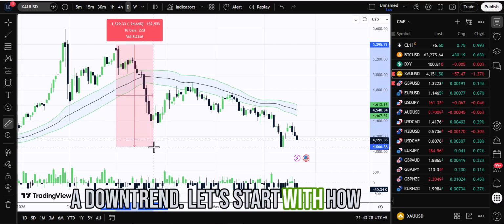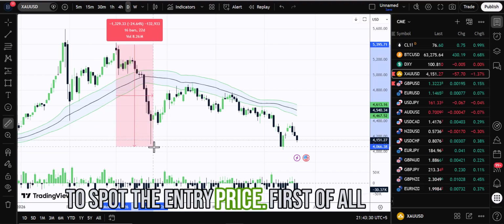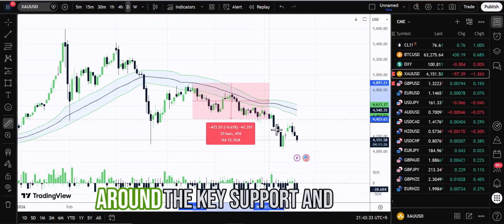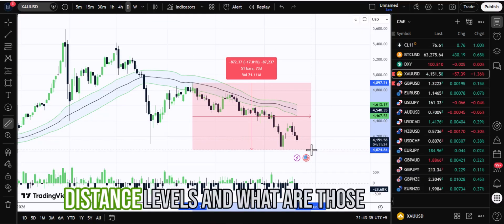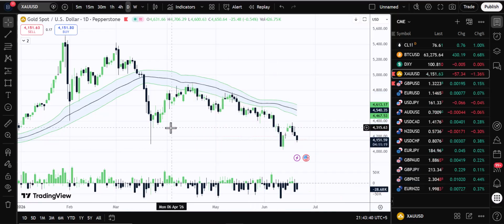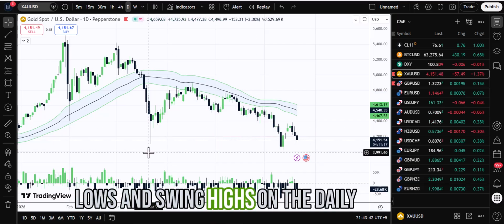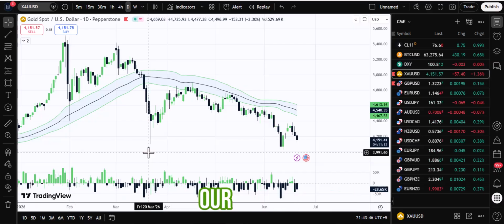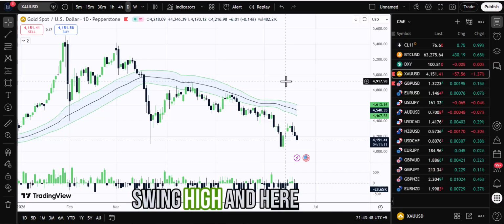Let's start with how to spot the entry price. First of all, let's mark the horizontal levels around the key support and resistance levels. And what are those levels? That will be the swing lows and swing highs on the daily chart. Like here I see 5,600. This is our swing high,